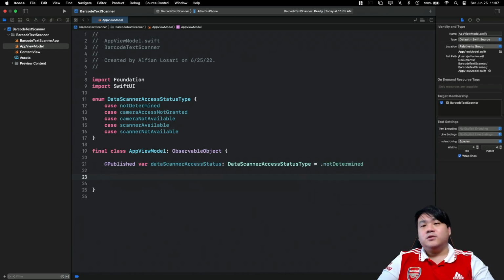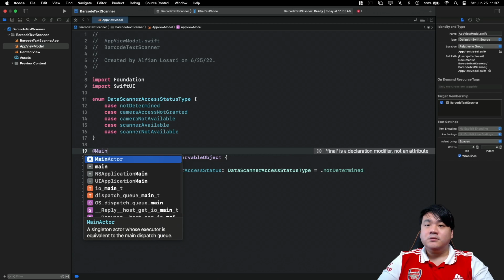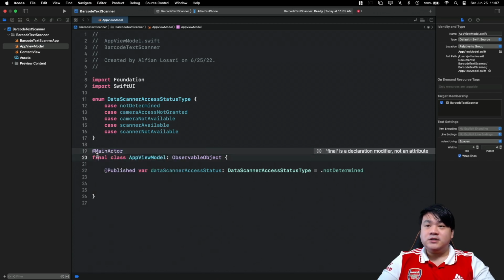Okay, so the next thing that we are going to do is to add a method to request this data scanner access status asynchronously. So first, let's make sure this AppViewModel uses the MainActor. Just declare this above the class declaration, @MainActor. It means that this AppViewModel will be updated inside the main actor, the main thread. Okay,